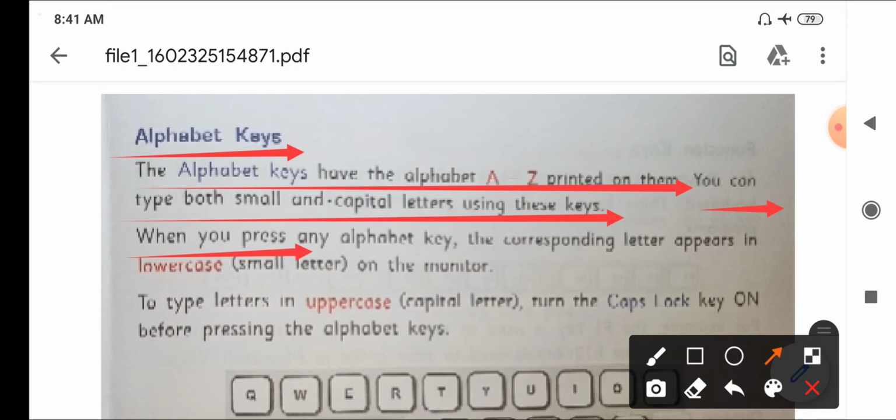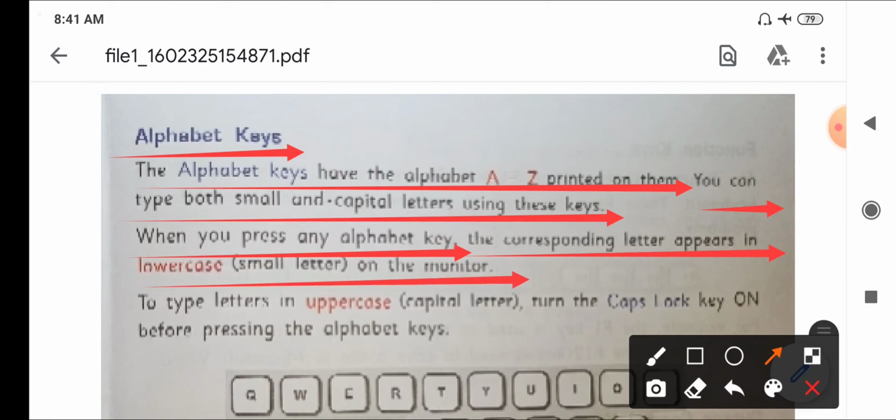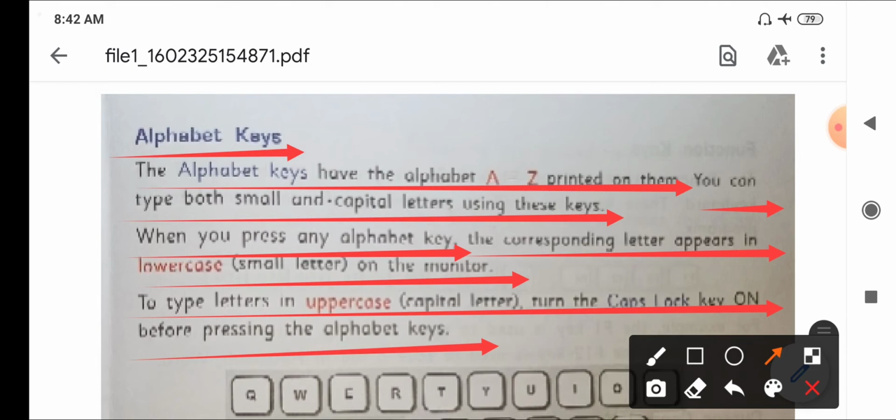When you press any alphabet key, the corresponding letter appears in lowercase, that is small letter, on the monitor. To type letters in uppercase, that is in capital letters, turn the Caps Lock key on before pressing the alphabet keys.